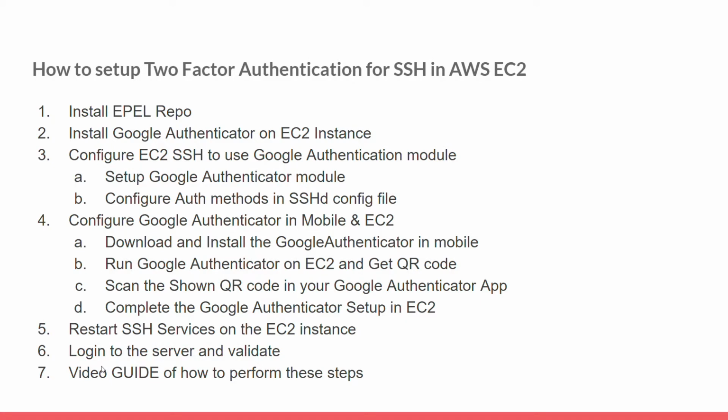Now, let us discuss how to set up two-factor authentication for SSH in AWS. Here are the steps we need to follow to complete MFA on your bastion host. Let us concentrate on the high-level steps. First, we need to configure the SSH daemon to turn on challenge response authentication. Then we need to set up the authentication method through keyboard interaction. Update the bastion PAM module with the Google Authenticator plugin. Install Google Authenticator on your cell phone.